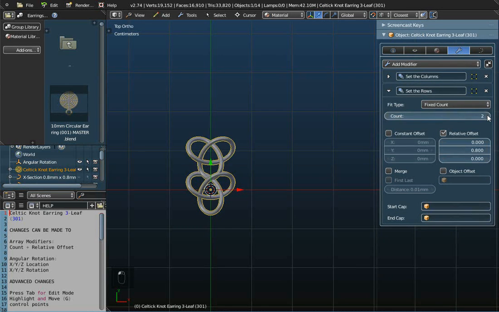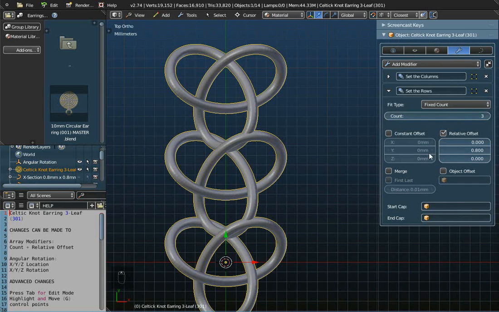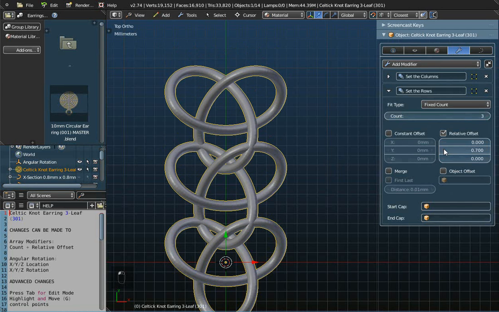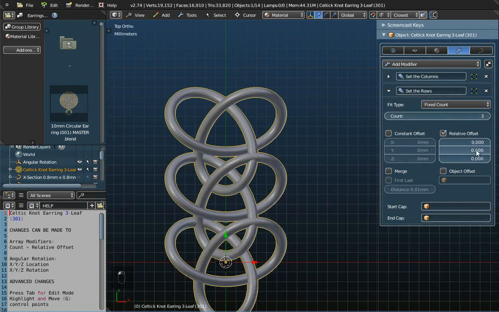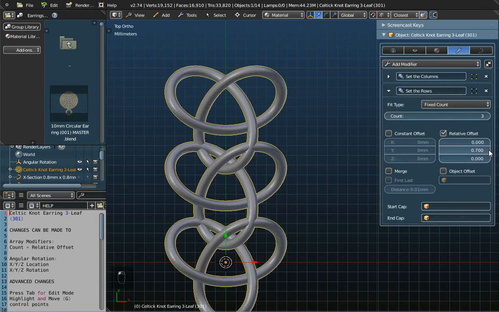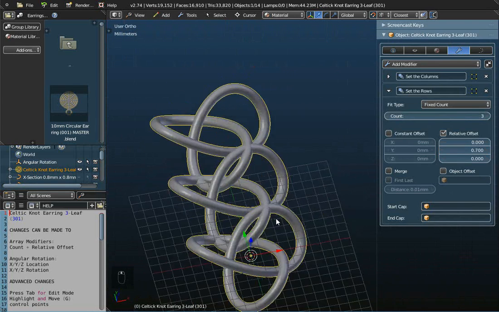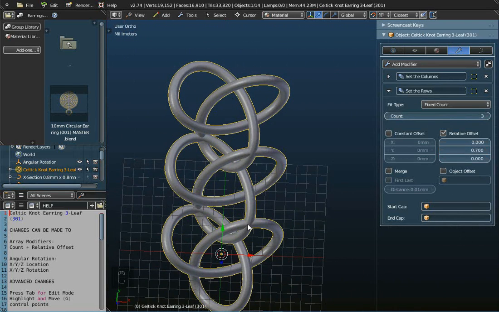If I change the count there, you can see that I've got 1 row, 2 rows, 3 rows of this Celtic knot. Now if I wanted to, if I just zoom in, I could change this relative offset and bring them down closer together. You do need to be careful when using 3-dimensional objects that they are overlapping, because obviously